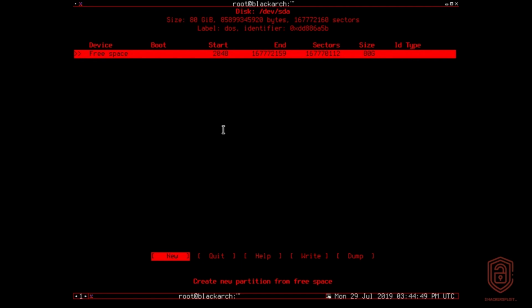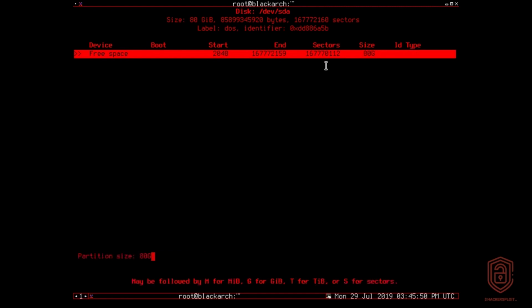This is extremely simple to partition, especially with BlackArch, because there is a sort of graphical experience to it. So we have free space. You can see that we have the device, the boot, whether or not it is the bootable partition. You have the amount of sectors and the size, and of course in this partition manager, G is the abbreviation for gigabyte and M is for megabyte, as you'll see in a second, and the ID type, right? So we want to hit new, so I'm going to hit enter, and it's going to ask us for